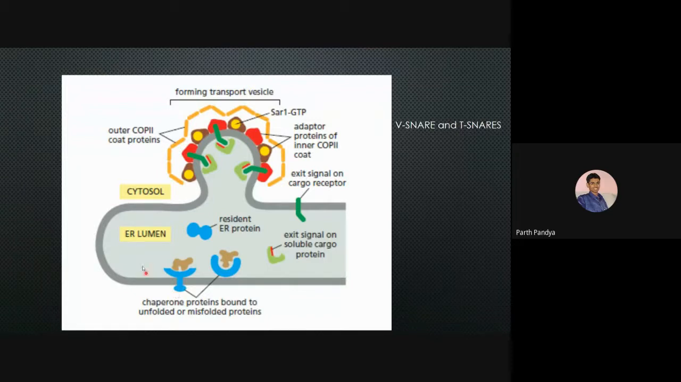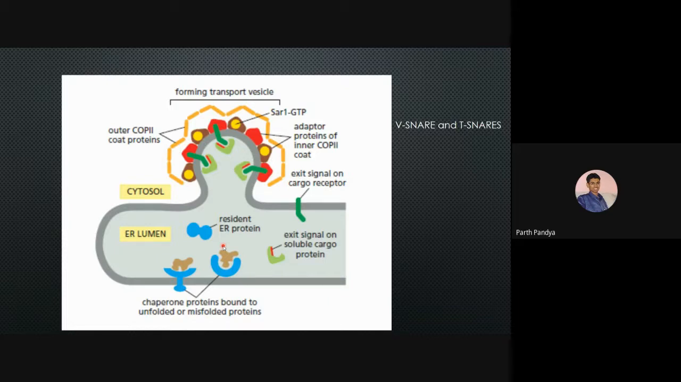So let us assume we are having the ER lumen over here. Okay, the proteins which have been made, the resident ER proteins and some of the chaperones, which are bound to the misfolded protein. So what exactly are misfolded proteins? The proteins which are not in the actual shape, due to which the activity of that particular protein is not well enough. Okay, so for that, the chaperones will be binding to those proteins, and it will fold that